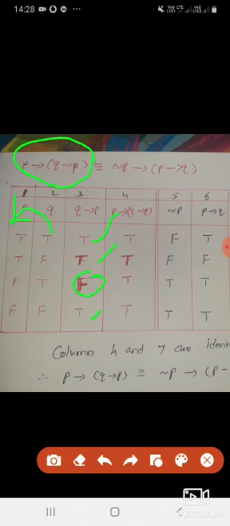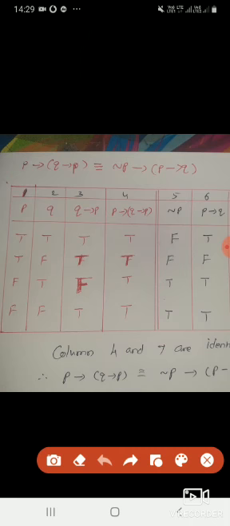Now next, see the left hand side. To complete the left hand side, P to this one, in order. First one, true, true, so true. Next, true, true, so true. Next, it is false, so true. False, true, true is also true. So we have completed the left hand side, all the values in it. Now we will see the right hand side.